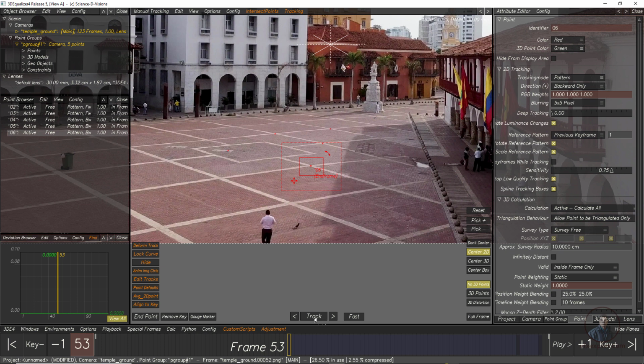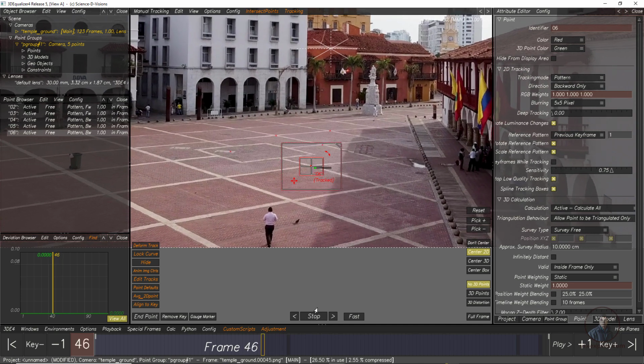Then when you click on this track point, it will not track here, because when you switch your direction, it shows you this end frame again, so we can easily see. So for tracking backward, we have to click on this end point again. Just click here on end point, then we can simply track this tracker backward. Now click on this same track option again, and this will track backward.